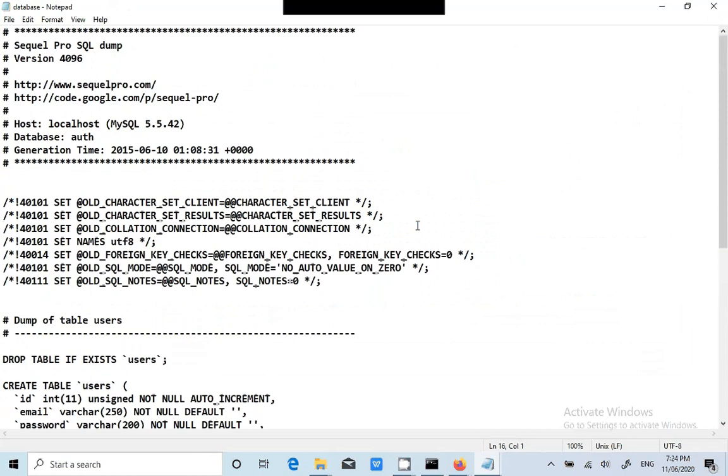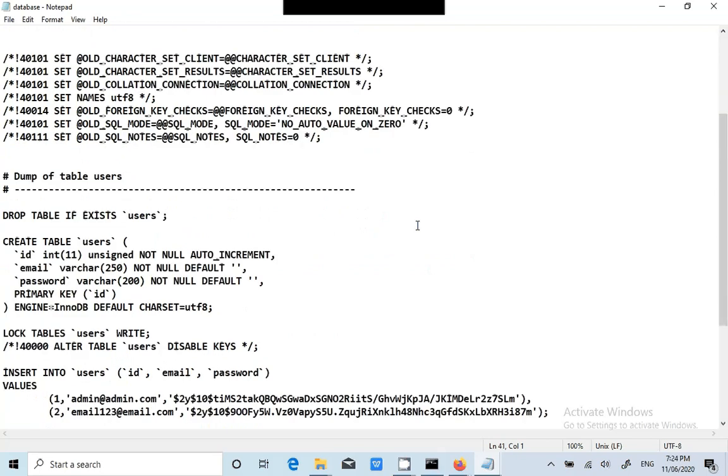Let's read: localhost, database auth, generation time, create table users. Okay, now let me load it and see.